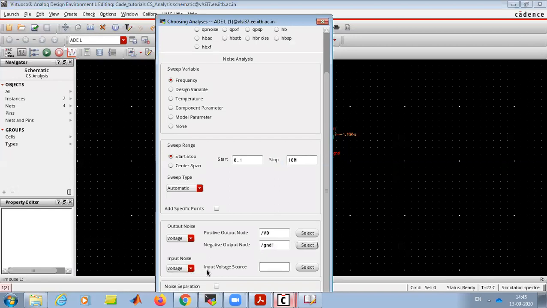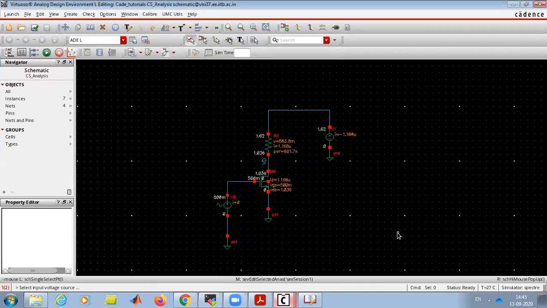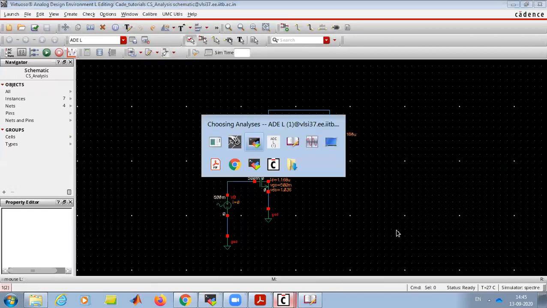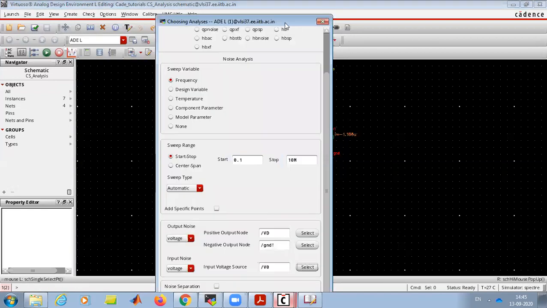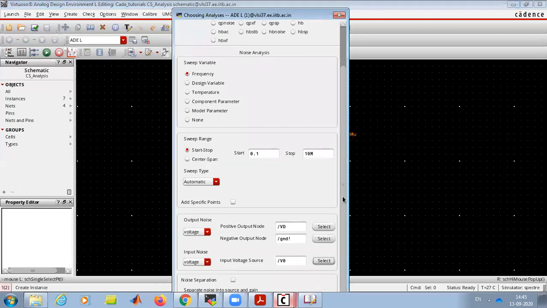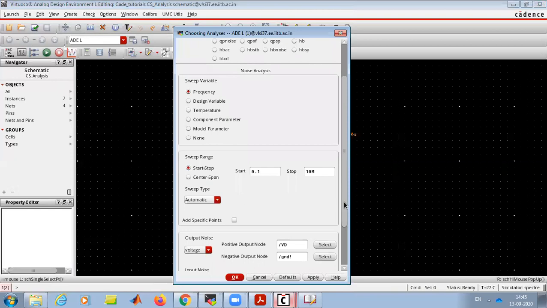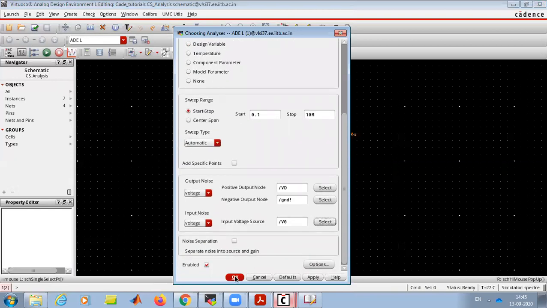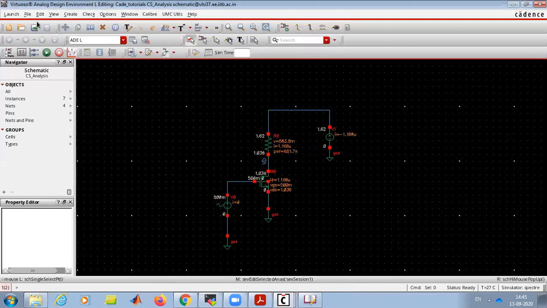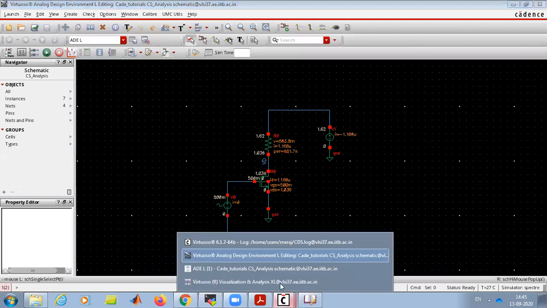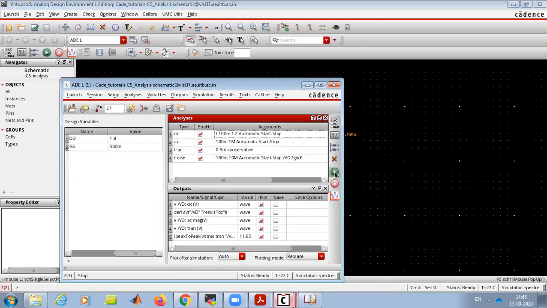Then where is the input source? So we need to select this source. This is our input source. So that's it. Fine. Now we'll run the noise simulation.